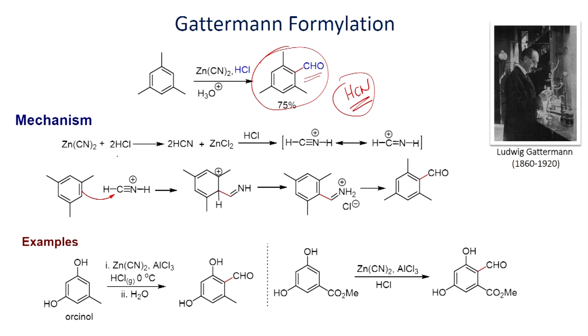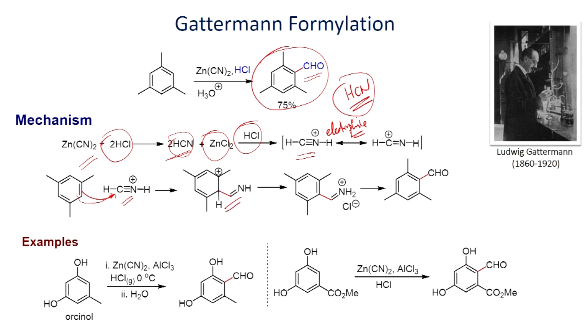The reaction mechanism is shown here. In this case the zinc cyanide first undergoes reaction with hydrochloric acid to give hydrogen cyanide and zinc chloride. Once you form this, the hydrogen cyanide undergoes further reaction with hydrochloric acid to give this cation intermediate, which acts as the electrophile in this reaction. Once you form this one, now this benzene ring is nucleophilic, which can undergo reaction with this cation intermediate, and then you can get this